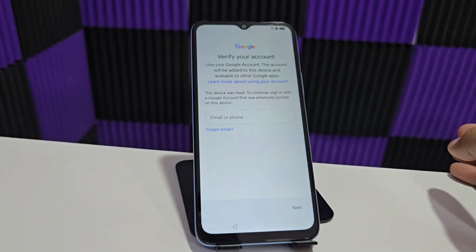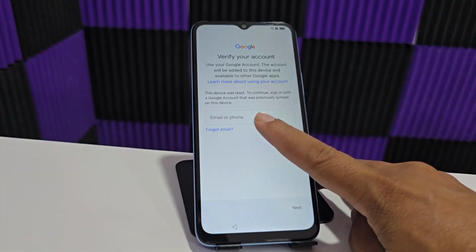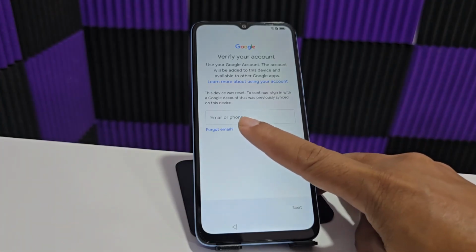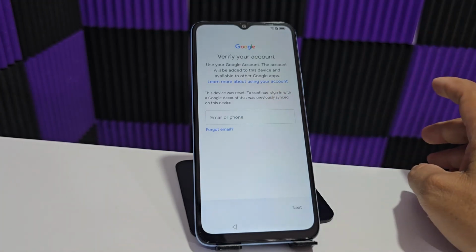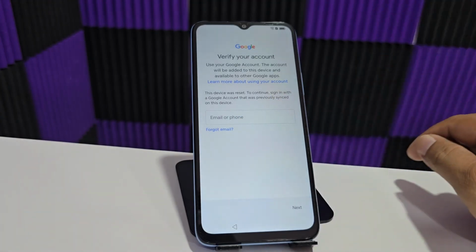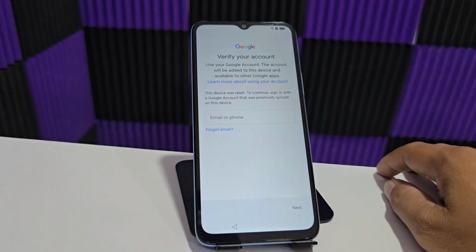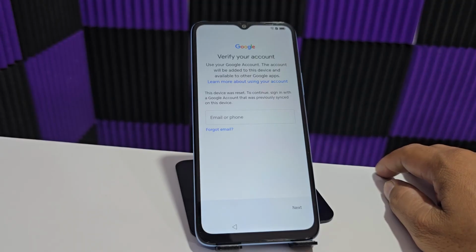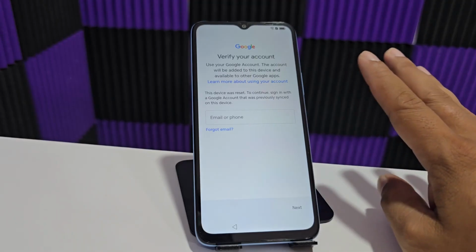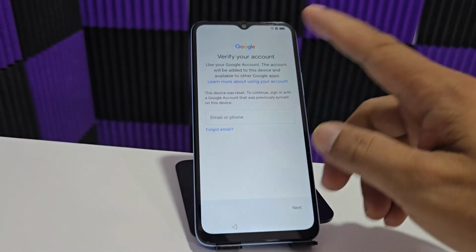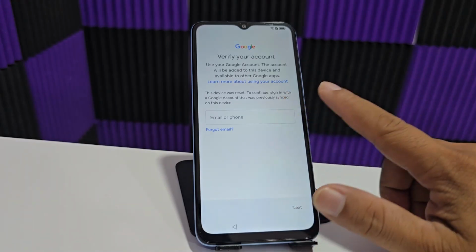If that's the case, it also gives you the option of using your phone number. You add the phone number you had in that email. Click Next, and you'll receive a verification code on your phone. Add that code here, and it will also give you access. That would be the second option. We have the first option, the second option. If you don't know either of those options,